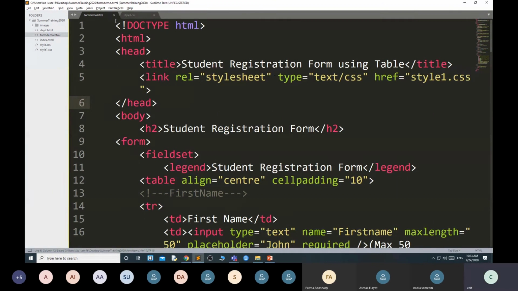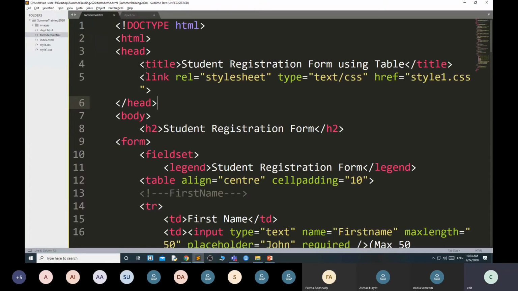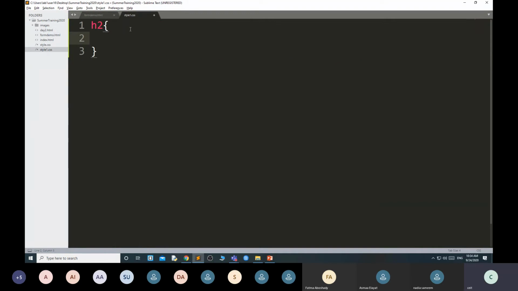Now this style1 is included in the HTML. First, I want to style H2, this one, student registration form. If you don't want this, then you can remove this part, H2, and you can skip the style. If you want, then you can do it.